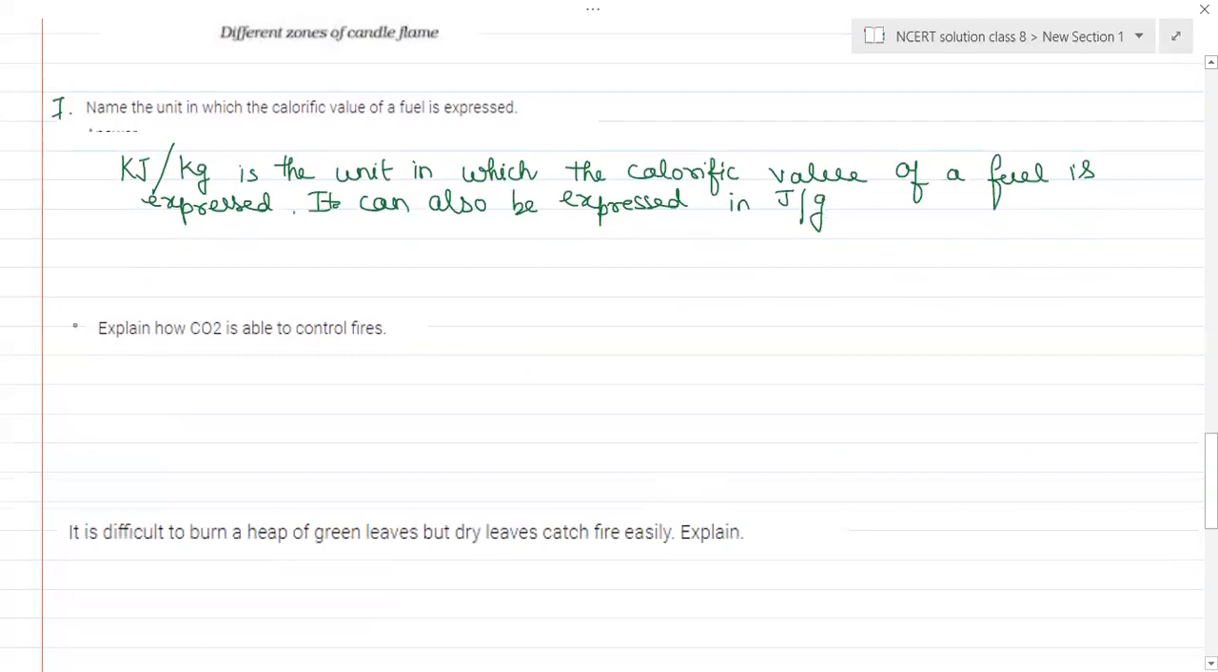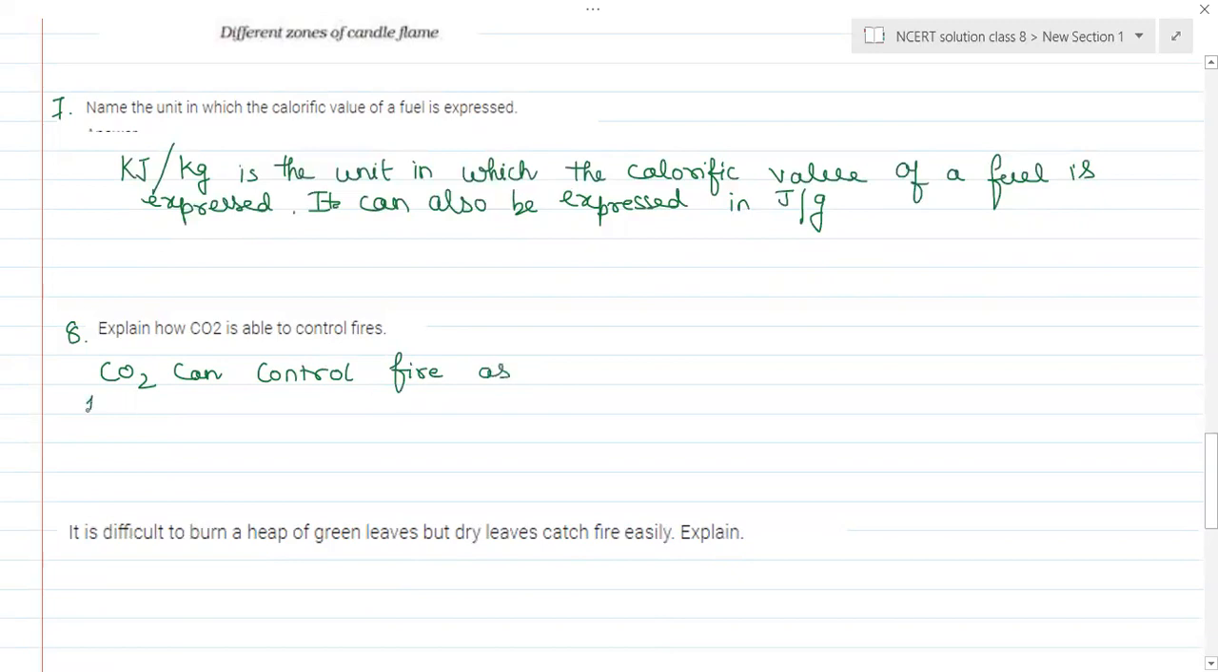Coming to the eighth question, explain how CO2 is able to control fire. CO2 is one of the best extinguishers used. So the question is asking, how does CO2 help us control fire? First, you should know CO2 is heavier than oxygen. So let's write this. CO2 can control fire